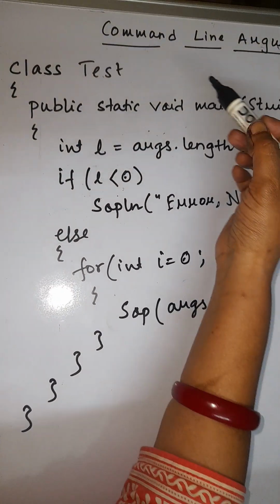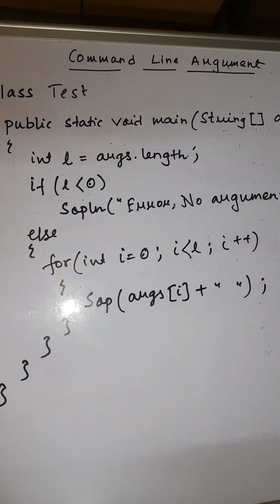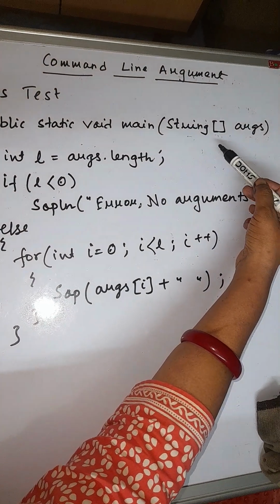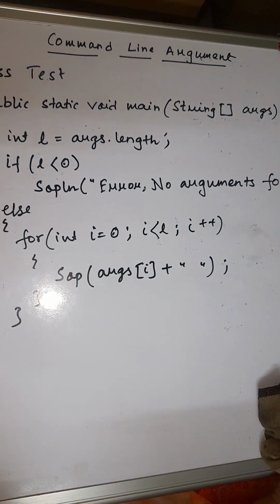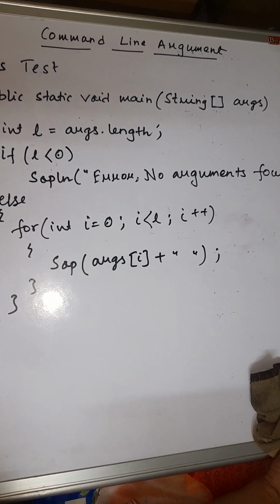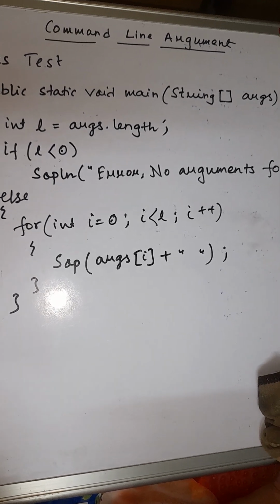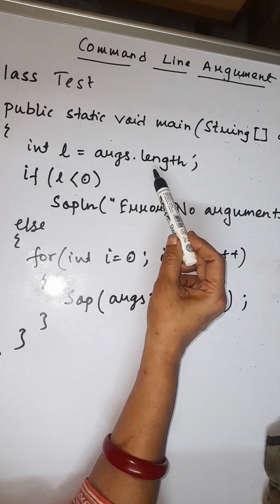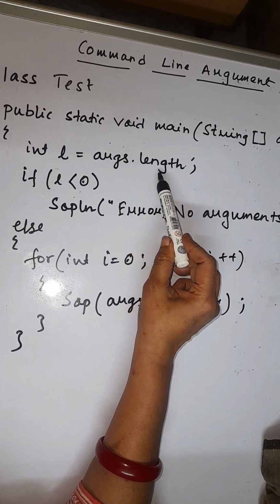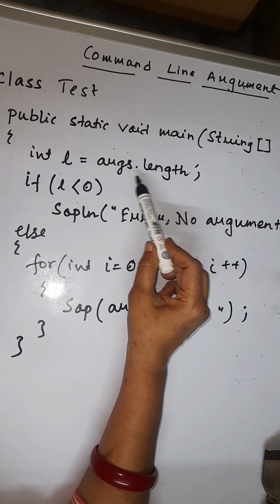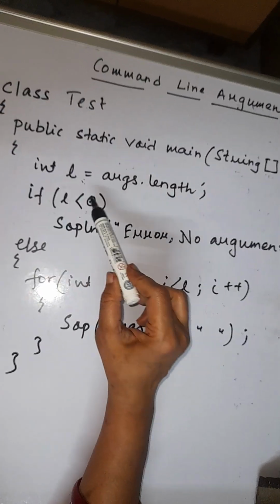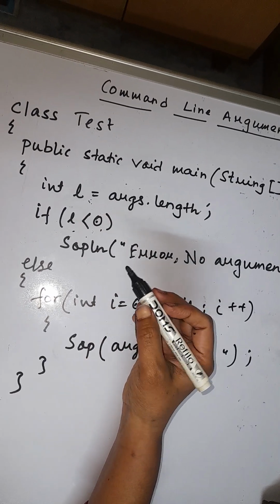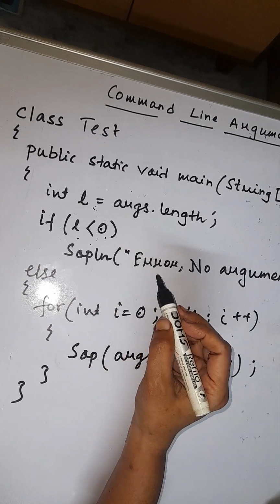Now see, here I have one class, a class called test, with public static void main. And what is the parameter within our main function? In Java, the main function parameter is always a string type of argument. Now here I have one integer type L, where I stored args dot length. This args dot length means how many arguments you passed from the command line, and that will be stored within L. If L is less than 0, means